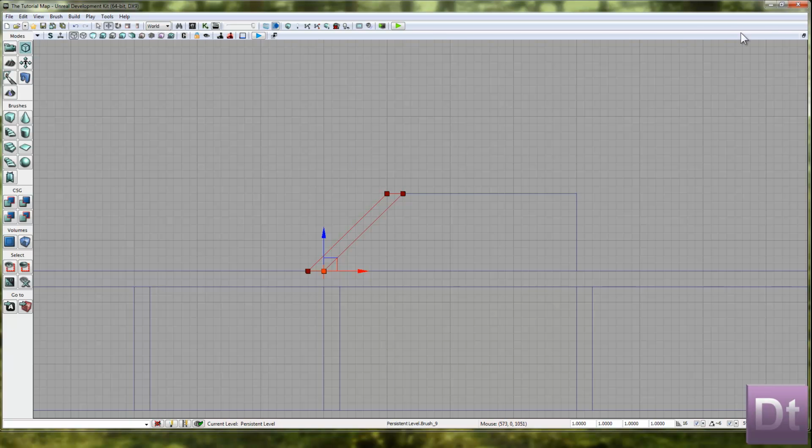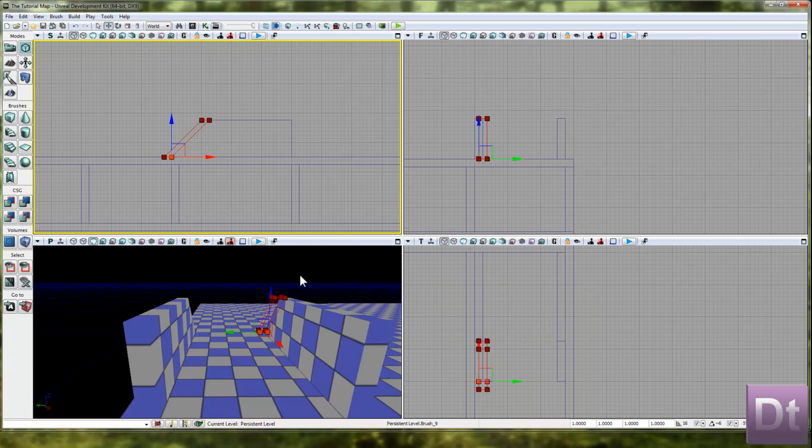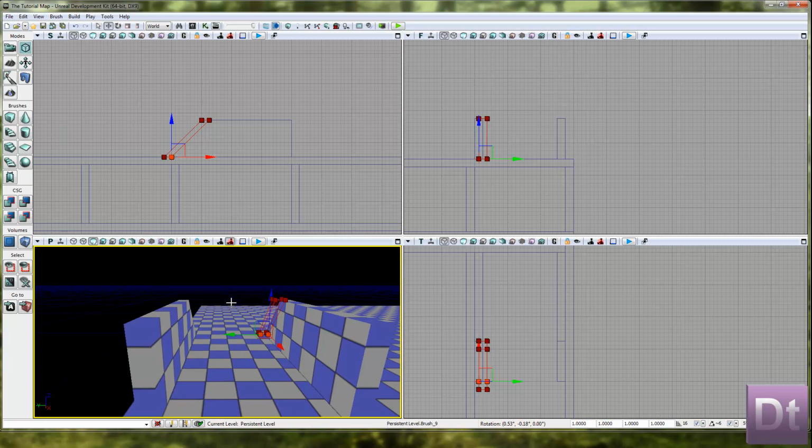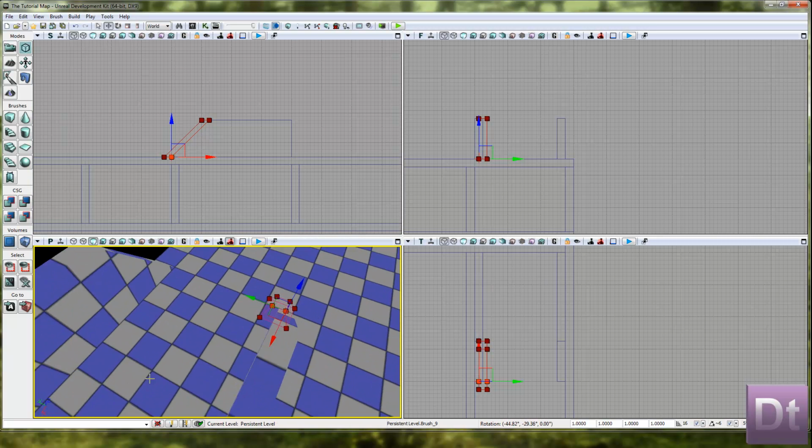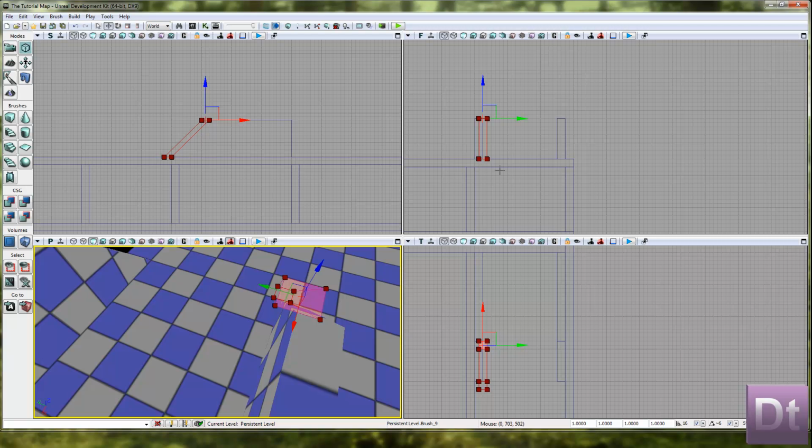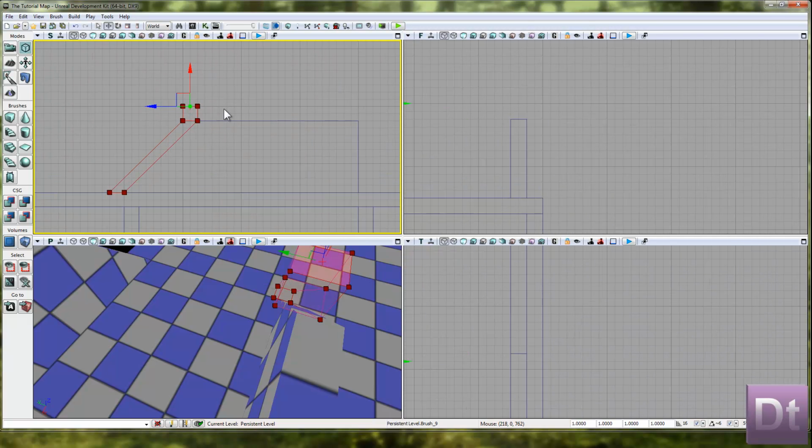and we move back into perspective and select that top part, back onto extrude and extrude that up 32 units and go back to edit. We can bring that over,